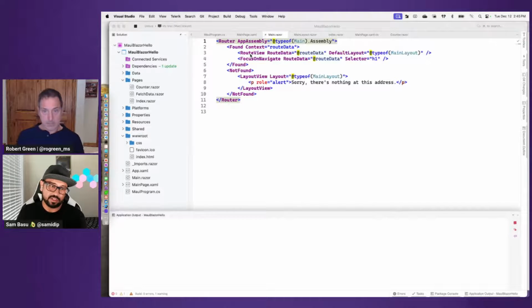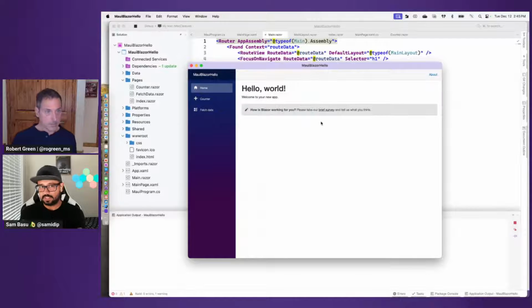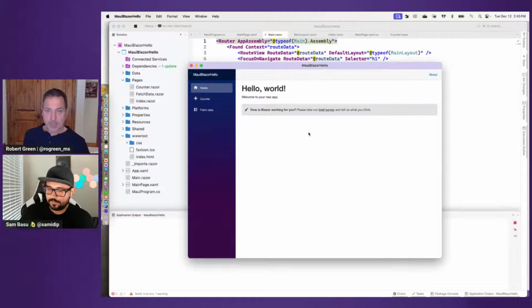Something we mentioned is it doesn't need to be all Blazor. You can actually mix and match. What you see here is a desktop app, but the same app will run on iOS or Android as well. Everything in this app is Blazor. All of the UI is web UI, but it doesn't need to be. You can absolutely mix and match. You can bring in some native Maui UI and then have the Blazor UI next to it if you want. So you could write your Maui app in XAML and then bring in Blazor components that were written for a different app by a different person or by yourself. Okay, that's so cool.